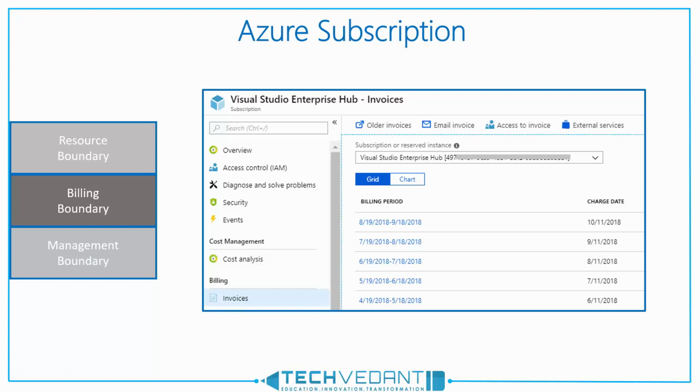In Azure, we get charged for resource consumption and license for services, if any. For granular comprehension of what gets built, this cost can be aggregated at resource group level and clubbed with resource tags. For the complete picture of resource consumption, all these billing units are rolled up to subscription and presented to user monthly in the form of invoice. Thus, a subscription forms the billing unit from the management perspective. These cumulated invoices can be viewed in Azure portal with subscription level authorization as shown on our screen, or can be viewed by account owner in Account Center, which we are going to study in account and subscription lecture.